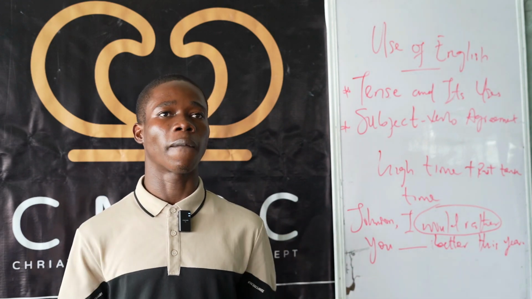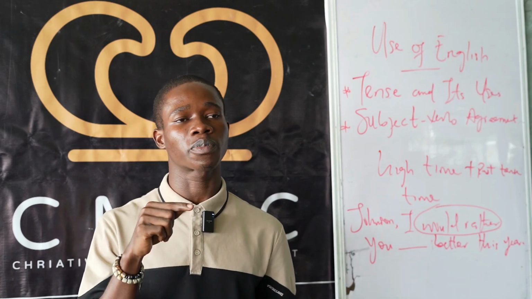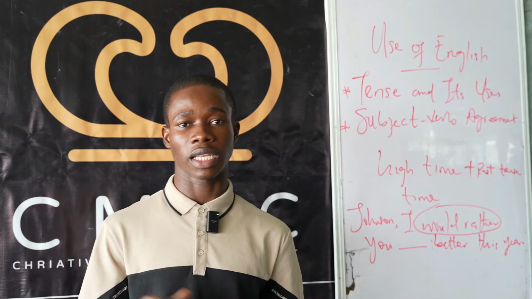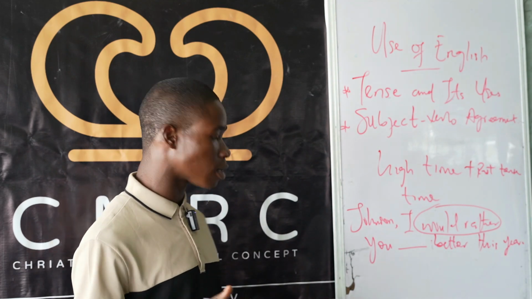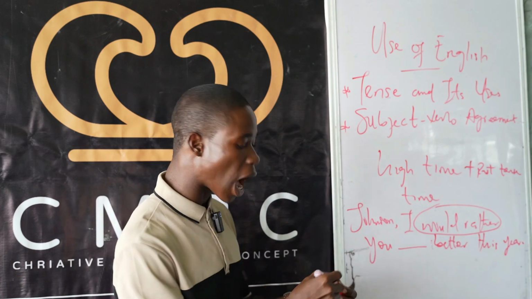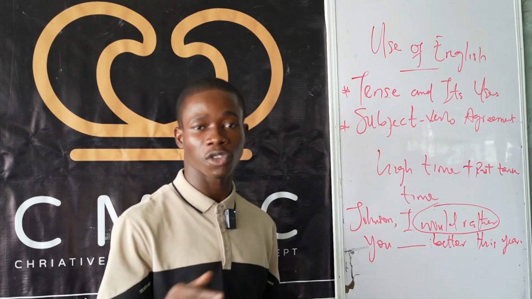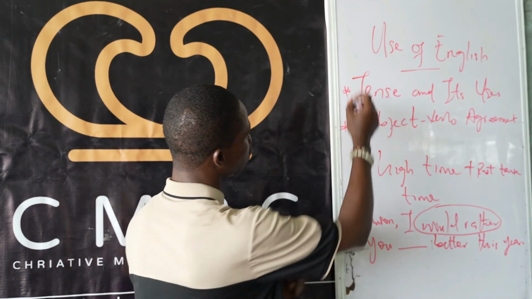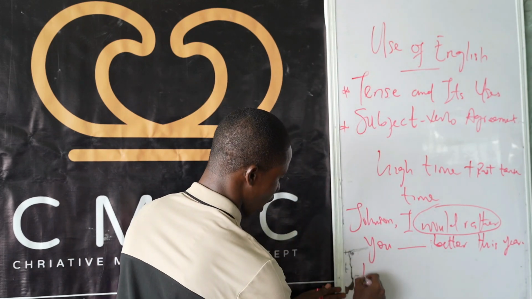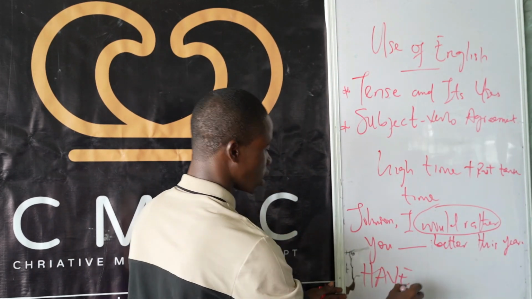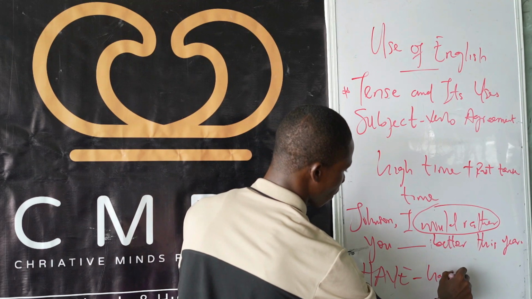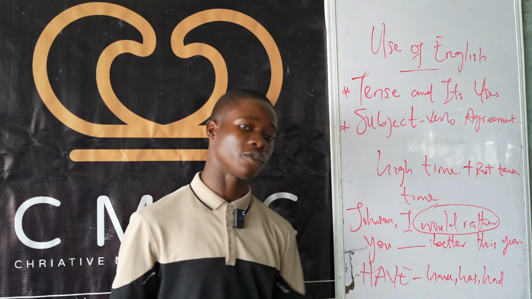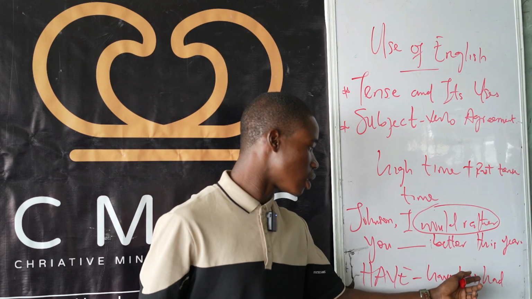Where would we normally have this is in the past perfect tense. Let me give you the form of past perfect tense. How is the past perfect tense formed? It's formed by adding the past form of the have auxiliary with a verb in its past participle form. Let me list the have auxiliary for you. Have auxiliary, and there are just three. We have the have, we have the has, and we have the had. Have, has, had. This is the plural form, the singular, and the past form.